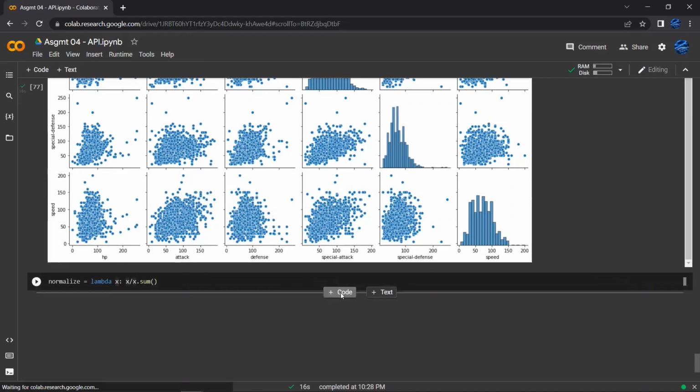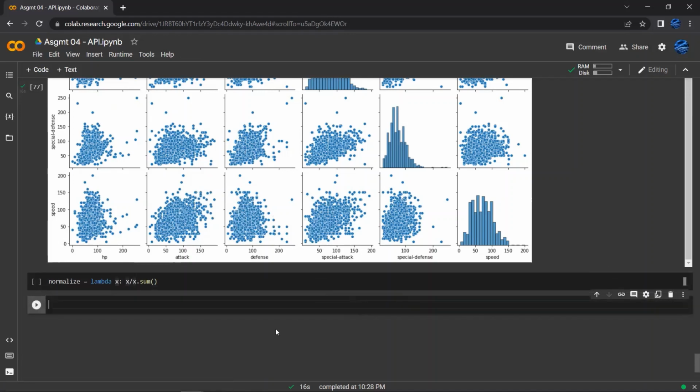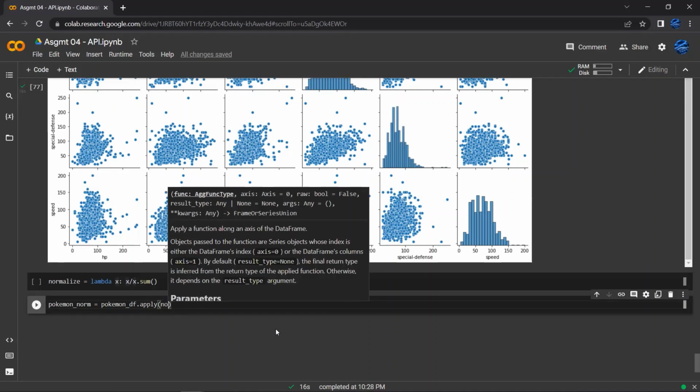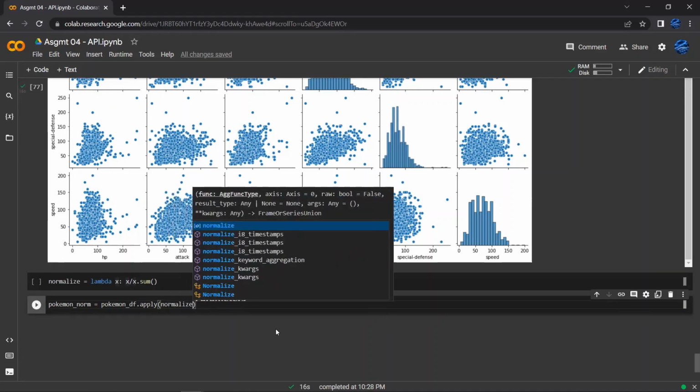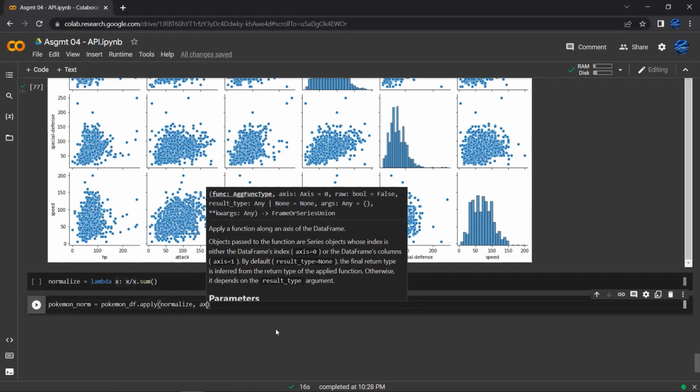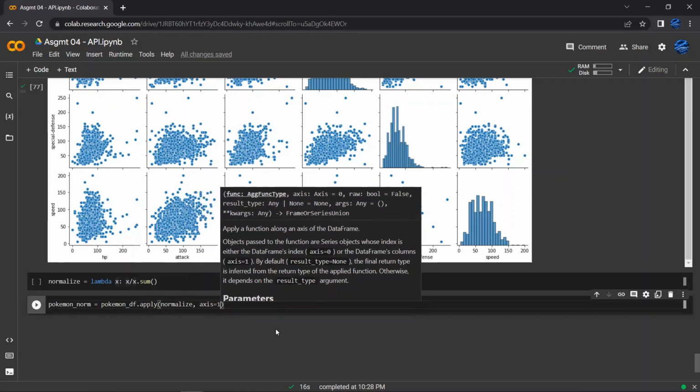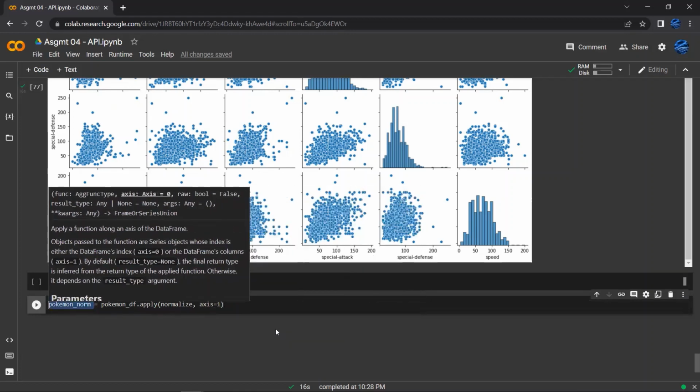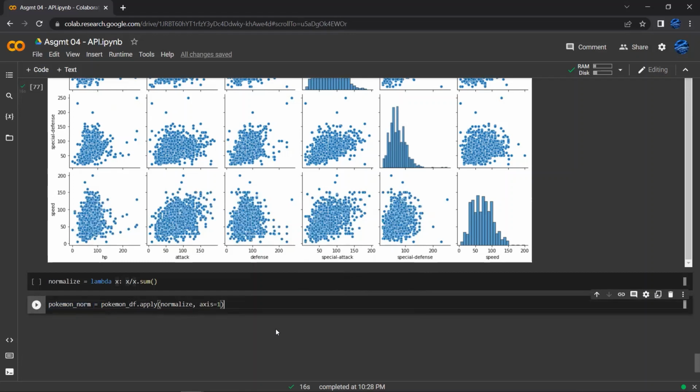It's going to make more sense in a second, but I'll show you what it'll look like. So I'm going to make this new data frame called Pokemon Norm, or Normal, and I'm going to take our original Pokemon data frame, and then I'm going to use an apply function. I'm going to apply the lambda function that I declared up there, and I want to apply it to axis 1 because that's the row axis. And so if I run that,